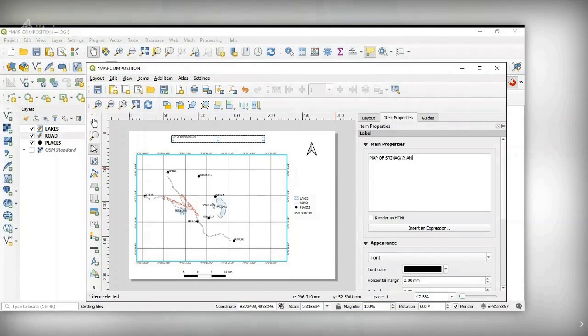So it has displayed with the corresponding symbology. Lakes are with blue color dash lines, and road and place name. Okay.